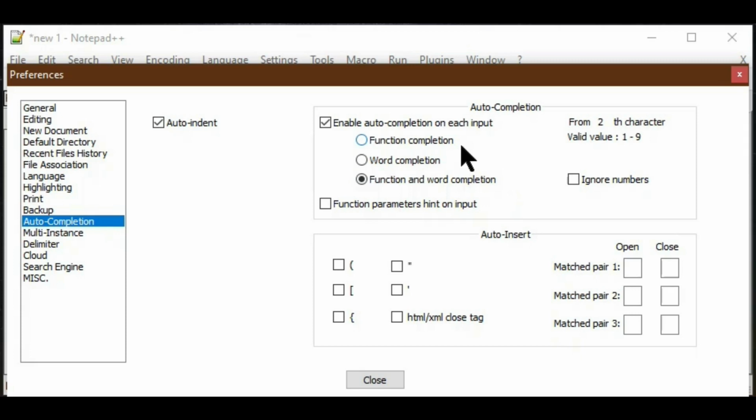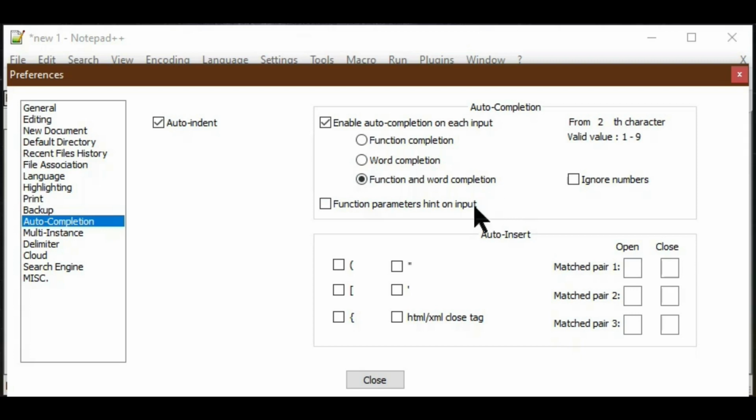Word completion means any word, whether it is in a comment line or in the code line of the document, will be highlighted while typing our code. So I selected function and word completions.